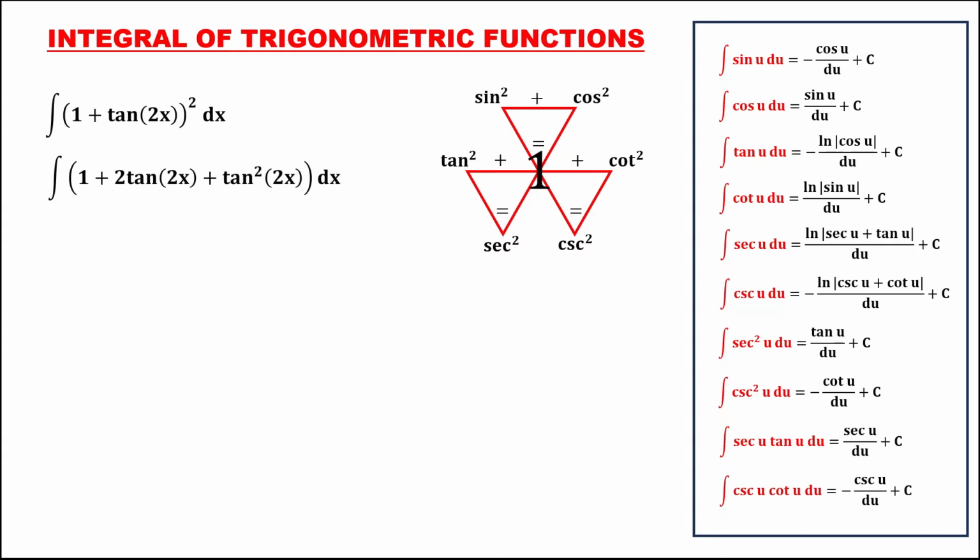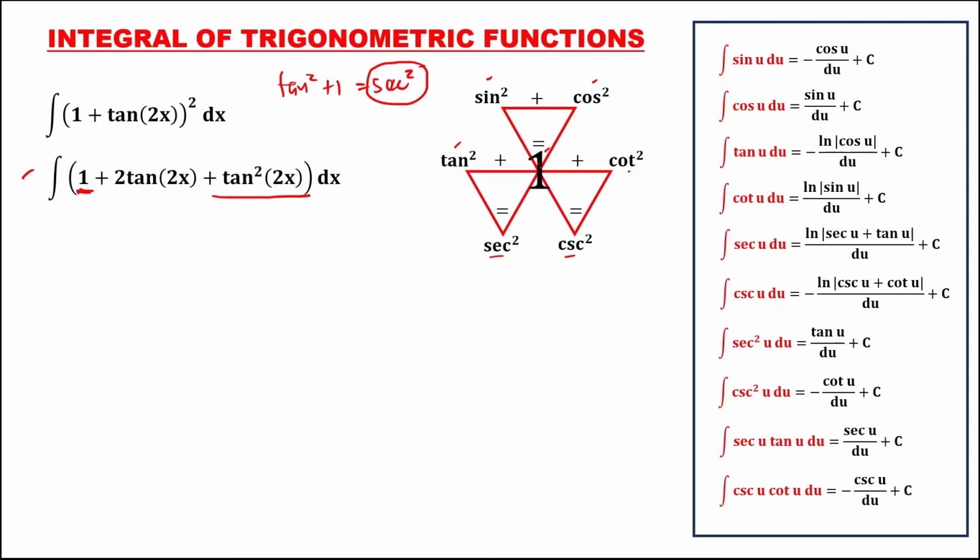For this figure, we just need to focus on a triangle and take note that sine squared plus cosine squared is equal to 1. Then tangent squared plus 1 is equal to secant squared, and 1 plus cotangent squared is equal to cosecant squared. So from these equations, we have this 1 plus tangent squared. Since tangent squared plus 1 is equal to secant squared, this 1 plus tangent squared is also